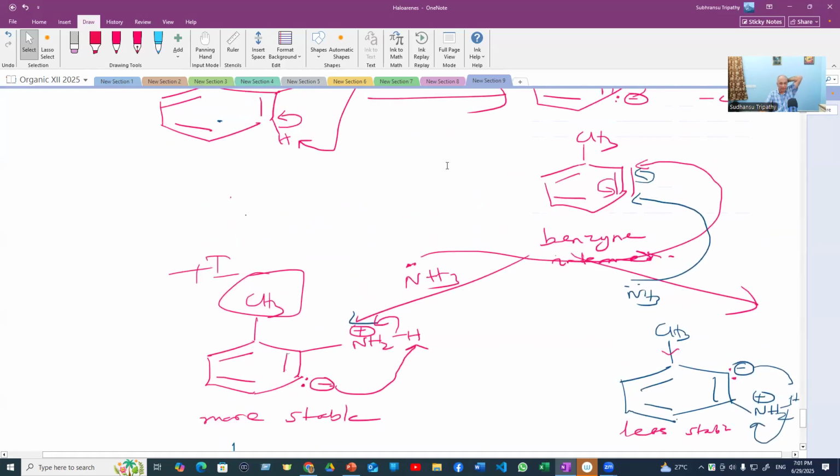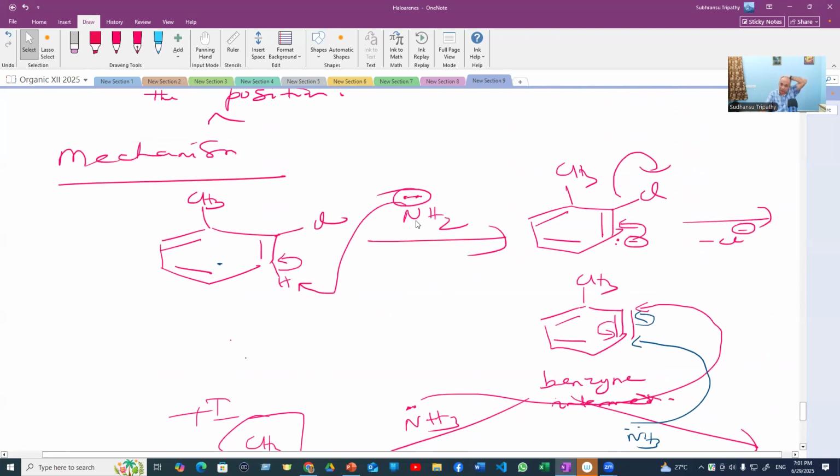Mostly you will find amide ion, even OH minus ion, with no minus R group. If there is a minus R group like nitro or sulfonic acid, then it is ArSN. If it is a plus I or minus I group,